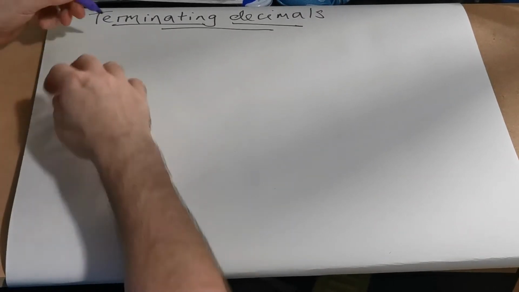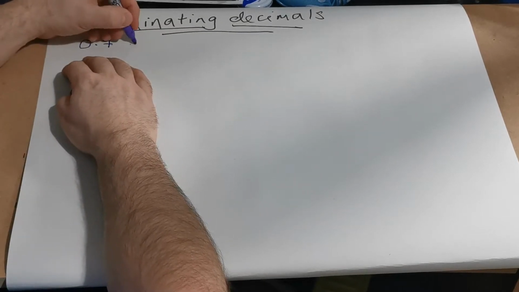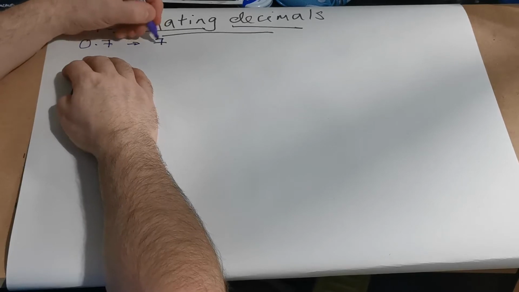Hi guys, today I want to look at terminating decimals. That is decimals that don't recur. I'm sure you've heard of recurring decimals. Well, these are the ones that don't recur. So for example, 0.7 you would know to be 7/10